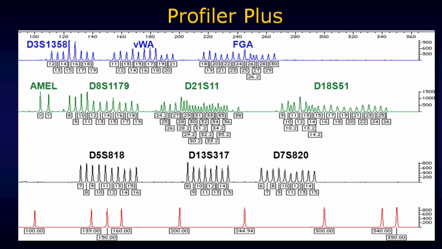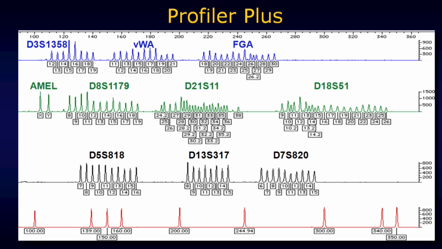Here, in a nutshell, are all the peaks that you might see with a DNA profile test like Profiler Plus. This is just showing you all the most commonly observed alleles. So you can see there's quite a few that you might be able to find for any given sample. Again, for an unmixed sample, you would expect to find at most just 1 or 2, but these are all the ones that you might find with the Profiler Plus test kit, one that's been very commonly used by crime